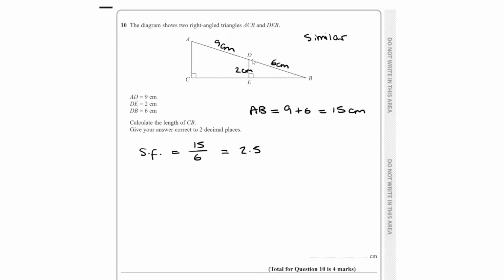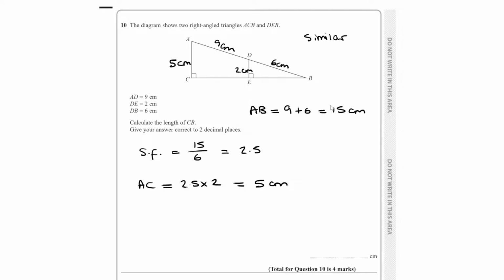I then use that because I don't have any kind of base numbers, so I can't just use that directly. What I can do is use that to work out AC, because I know DE, and those match, don't they? So AC, in my case, because I worked out that it's 2.5 times as big, I'm going to multiply it. If you did it the other way around, I guess you would divide. So it doesn't really matter as long as you end up with the same answer. For AC, yeah, we get 5. So this is 5. Now, because we don't have any information about the base side, like the bottom side, what I would do from here